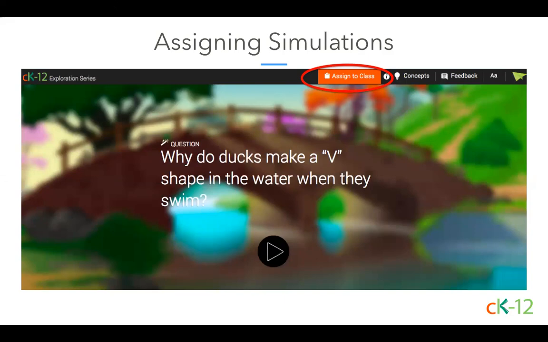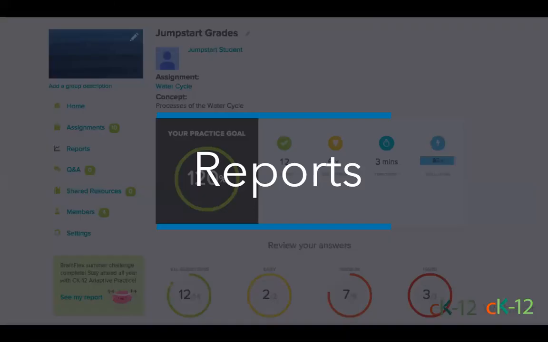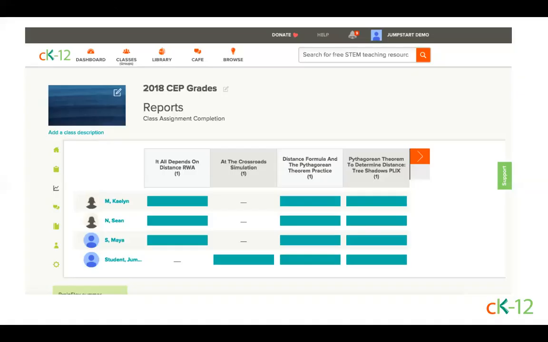Okay, so let's talk about reports here for a second. Here's the next one. This is the screen that I showed you earlier, that across the top, you've got a list of what the assignments were that I made through CK12 classes. On the left side, we have students listed. The class is vertical, assignments are horizontal. You can see that it's organized by last name, or in this case, we just used a last initial for students, but you would probably have last names for your students.